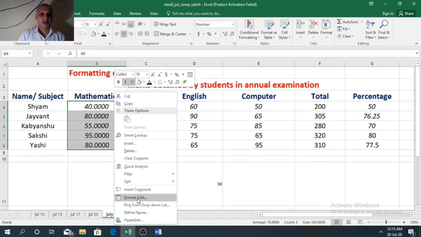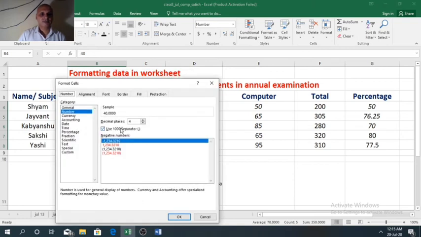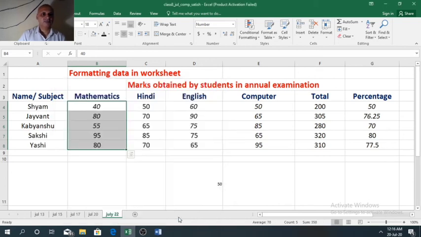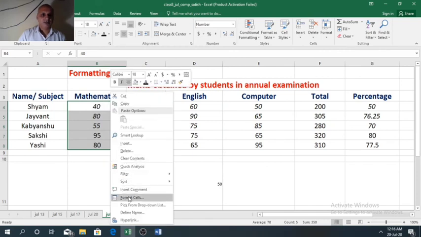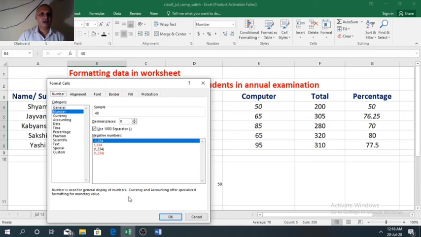Again right click and select format cell. If you want to remove the decimal places, then keep it 0. Many options are provided here.